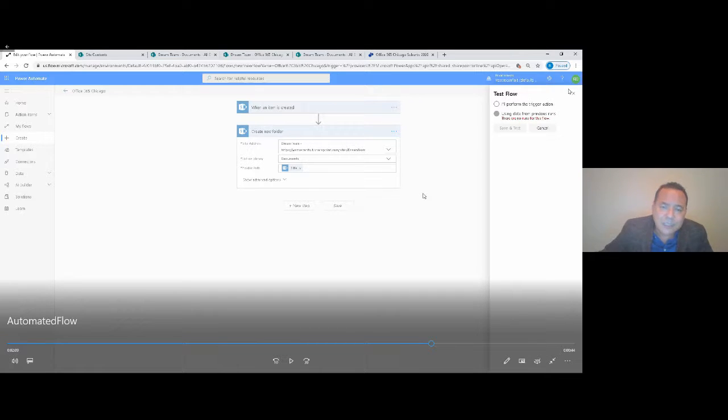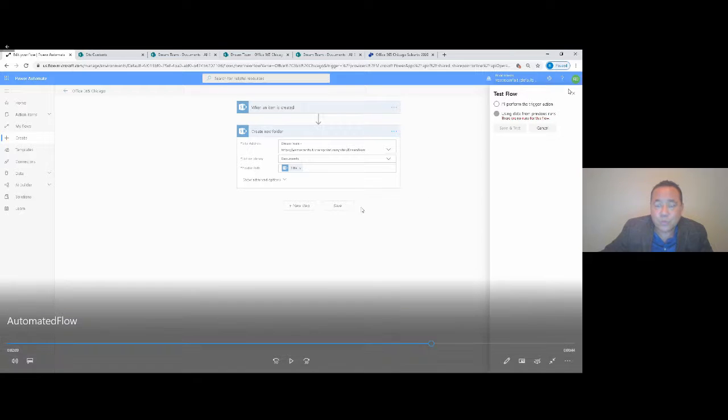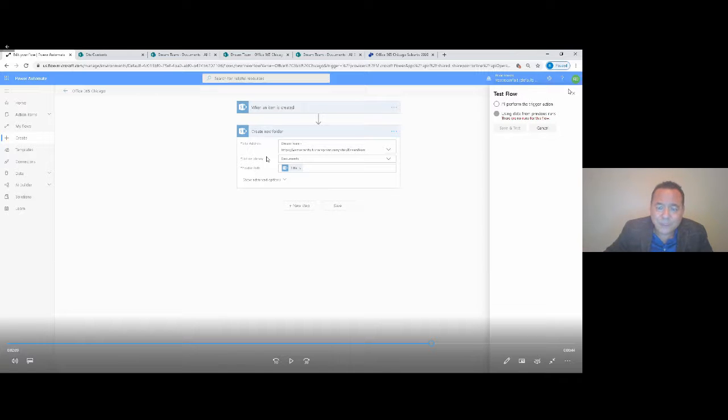Now, one of the things that I can just tell you, and I mentioned to you that I do not want to compare Nintex or K2 with Flow, is that one of the many things that I like about Power Automate is that when the flow fails, you can actually check and see where it did fail, and then when you make the changes to the flow, you can execute the workflow from where it failed.